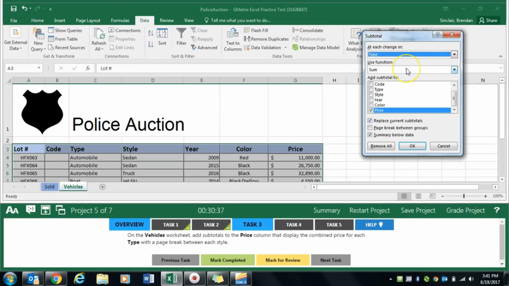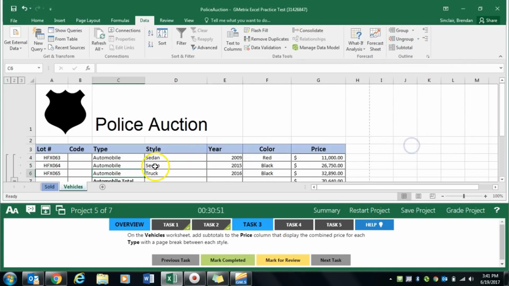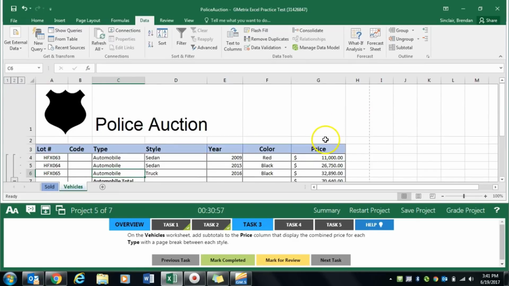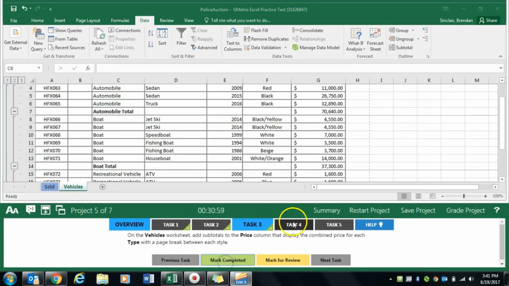We're going to use the sum function, and yes, we're going to add the subtotal by price. And the last thing we want to do is make sure we put a page break between groups, and we'll click OK. And notice that what it did, it put this automobile subtotal here, and it put that subtotal underneath price. We'll click Mark Completed